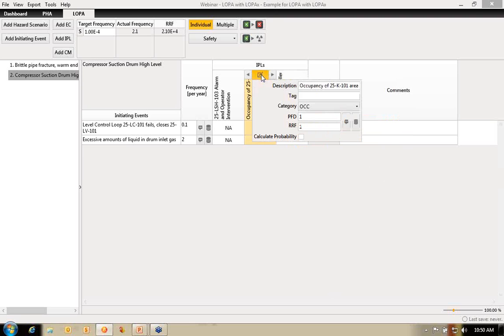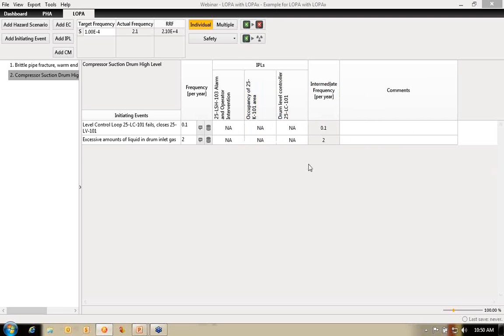And let's see, the occupancy, let's say the area is occupied only 50% of the time. So those are the specifications that I've done for these particular layers of protection, imported as IPLs initially. And next, I need to indicate if they are effective for the different initiating events. So in this case, the operator, yes, he's effective for both cases, the control loop failure as well